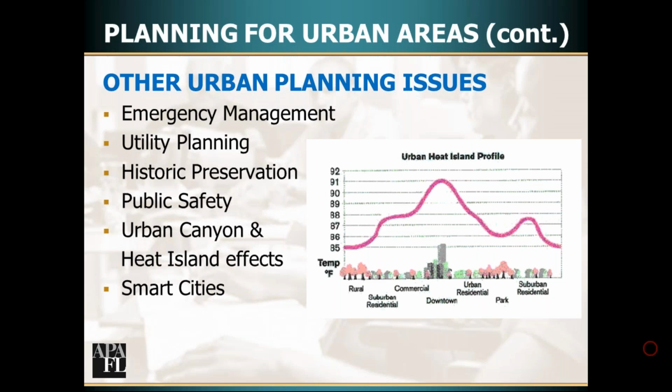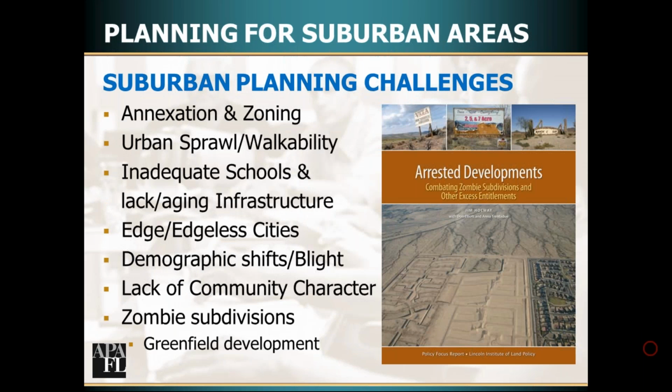You can get the urban canyon and heat island effect. This is an example, like say you're in Chicago here, and on a normal day the rural areas will be cooler, and as you build, because of all the concrete, you can have noticeable increases in the heat. So there are certain strategies you can try. You can try green roofs and all sorts of other things, orientation to try to get away from some of the heat island effects. And then you've got smart cities, which is a topic now, about putting in a lot of ways to monitor what's going on.